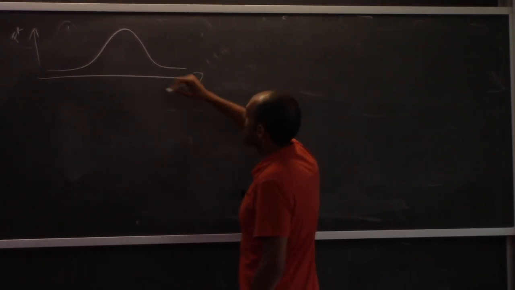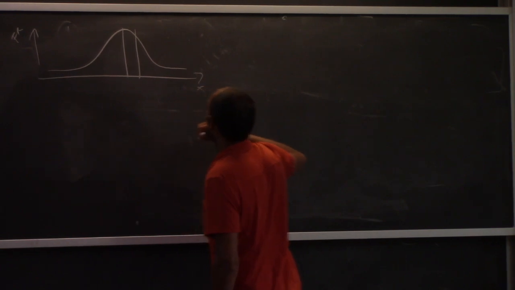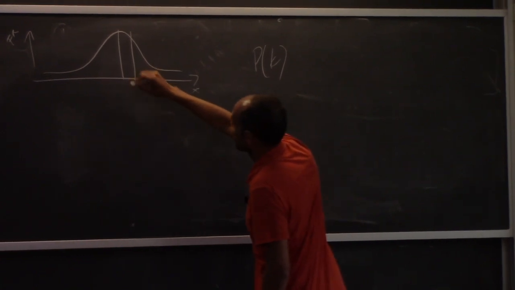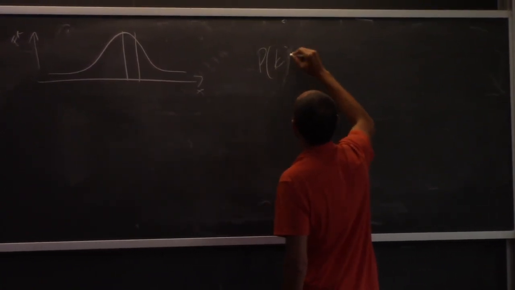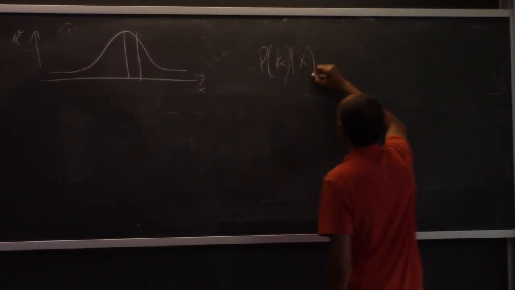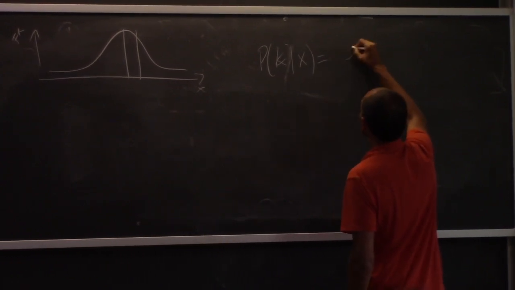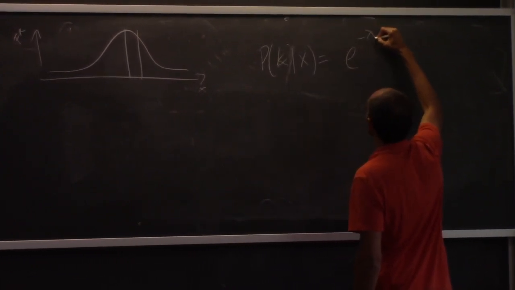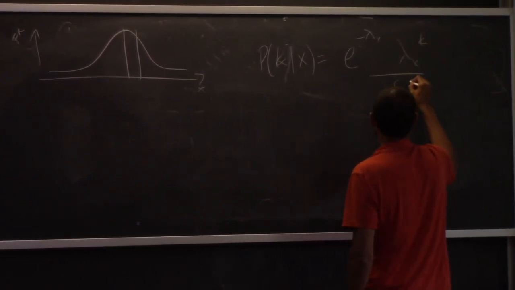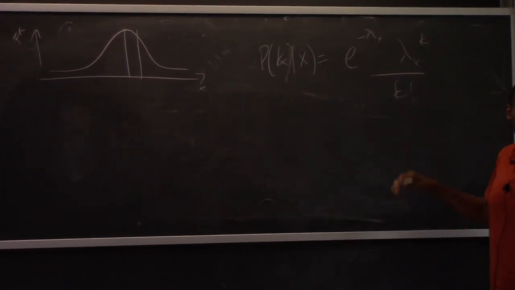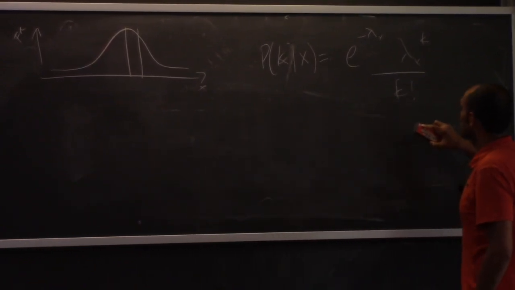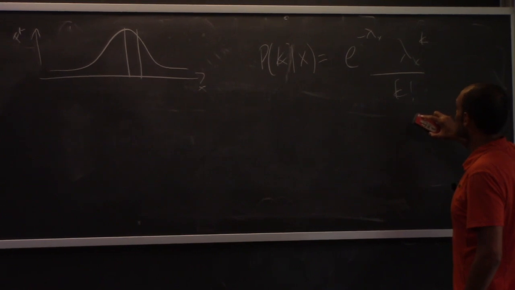So that means that for one of these time bins, the probability of seeing k spikes at position x, so we'll say the probability of k given x, is equal to e to the minus lambda of x, times lambda of x to the k, over k factorial. So there's some equation. The shape of this equation is not critical, but there are a couple things that are important to notice. The first thing to notice is that